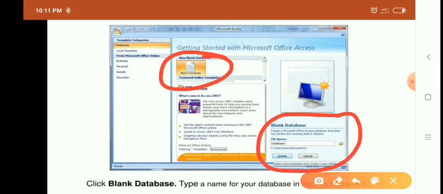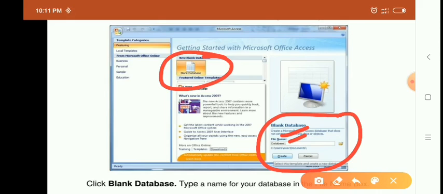When we click on these options, first of all, we have to provide the file name. The file name can be provided by us, or the default name can be used. The default names are those provided by the computer itself, like database 1, database 2, database 3 and so on.